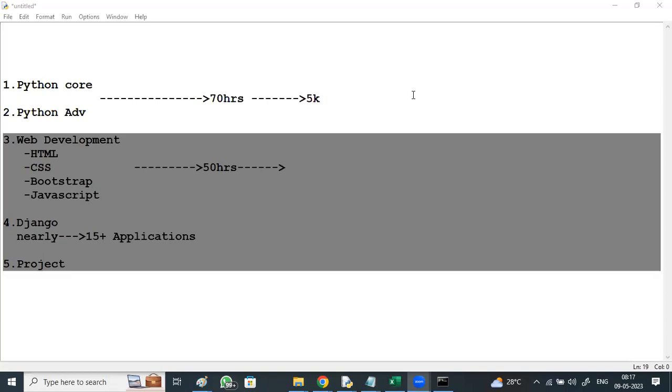It's not like a 45 hours course in a hurry; we are spending nearly 70 to 80 hours on this. We'll discuss in brief how exactly, whenever you define a variable, it is stored within the memory, and if you have a collection of values, how they are stored, everything I'll be discussing.